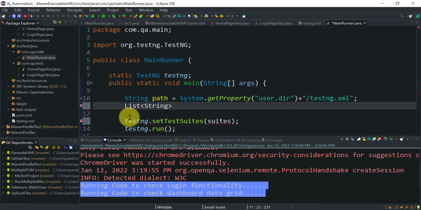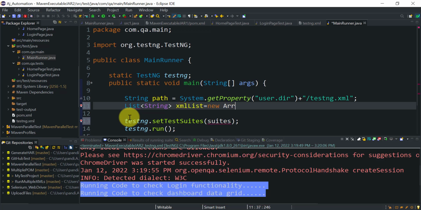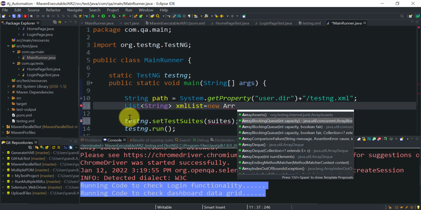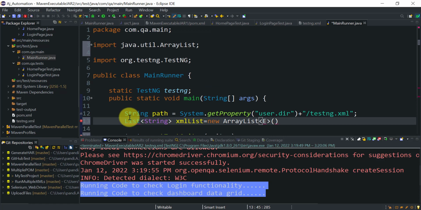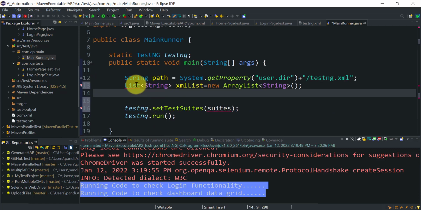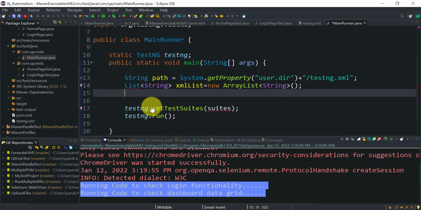let's say xmlList equal to new ArrayList, and import it from java.util.